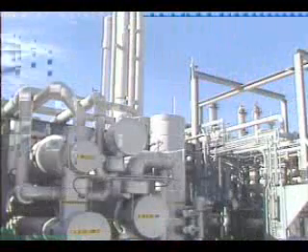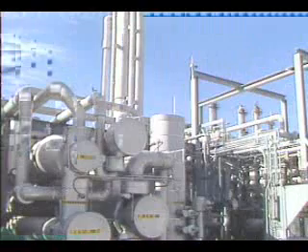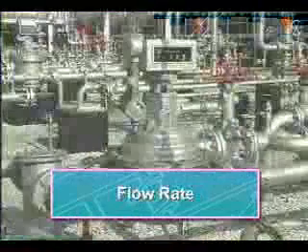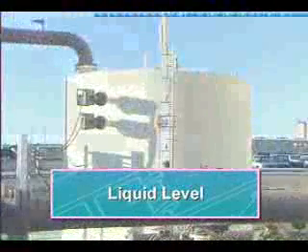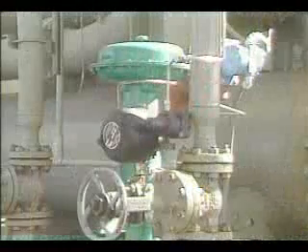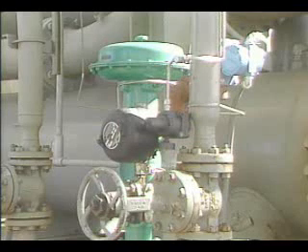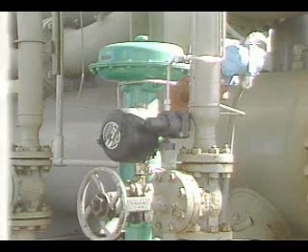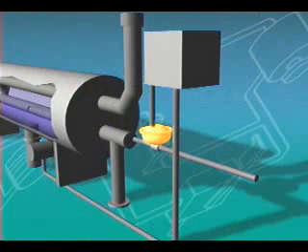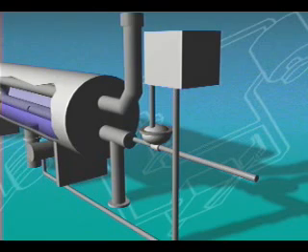Controllers are used in oil and gas production operations to regulate parameters such as temperature, pressure, flow rate, and liquid level. Controllers usually measure one of these process parameters and then send out a signal to another element in the system. This element, for example, may cause a fuel valve to open or close in order to bring the process variable